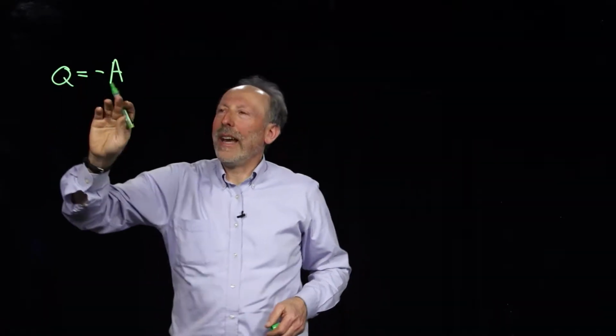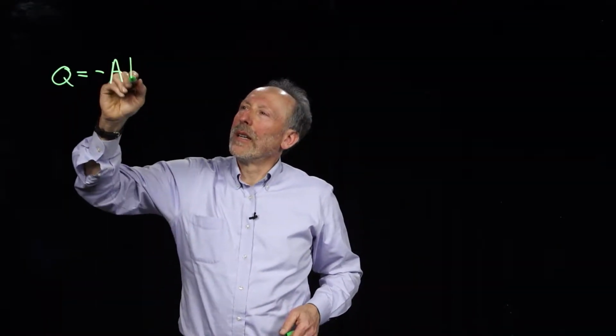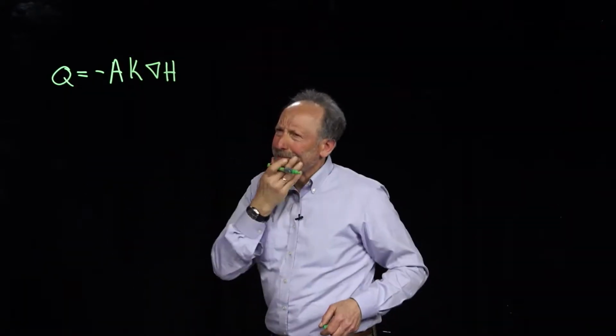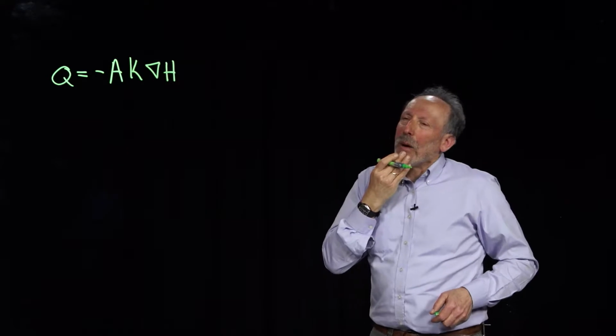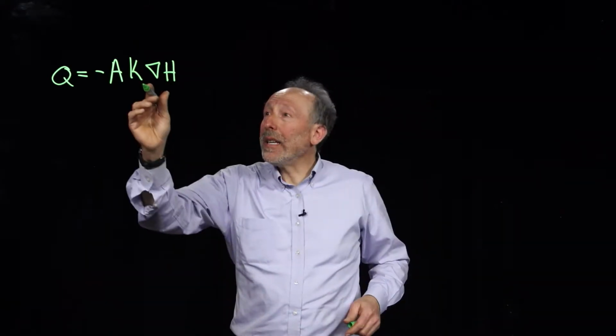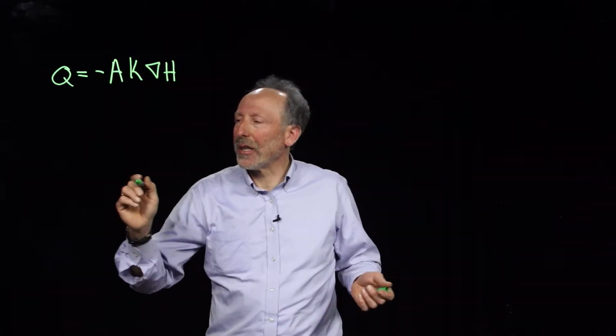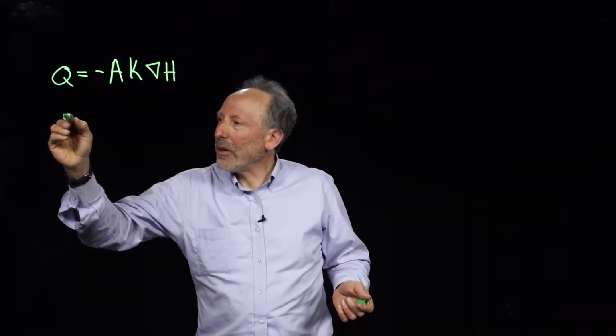So we have Darcy's law, which is saying that the flux is equal to the negative of the area through which water is flowing times the conductivity times the gradient in total potential. Now, we've then said we need to characterize this hydraulic conductivity as a function of the moisture content of the system. And so we drew these graphs